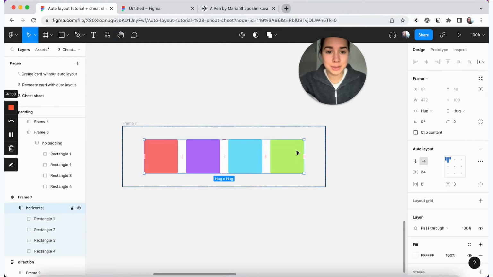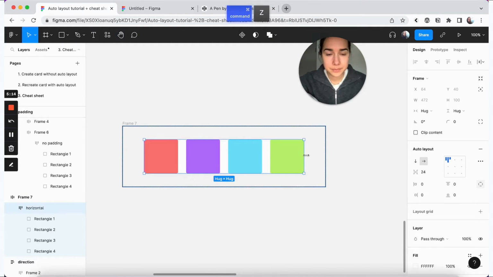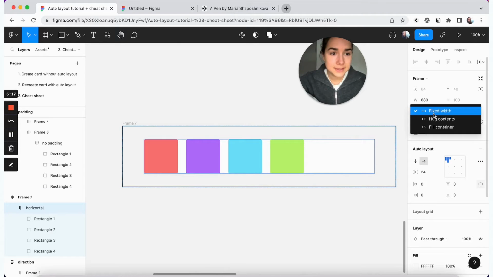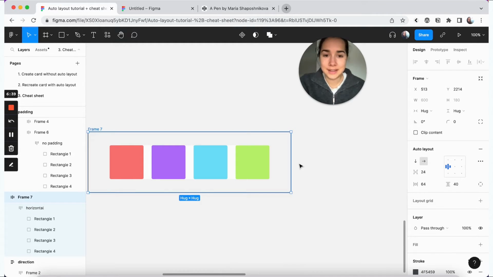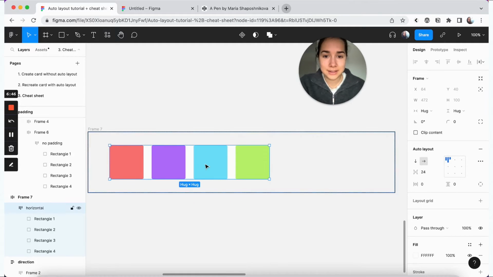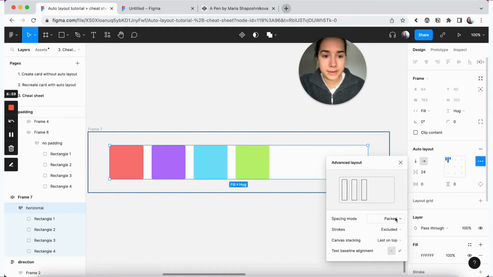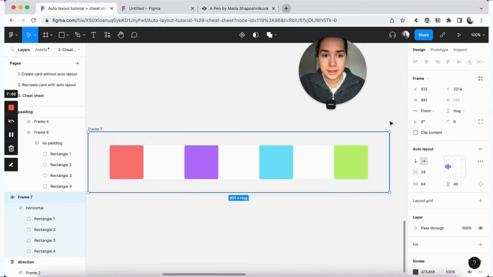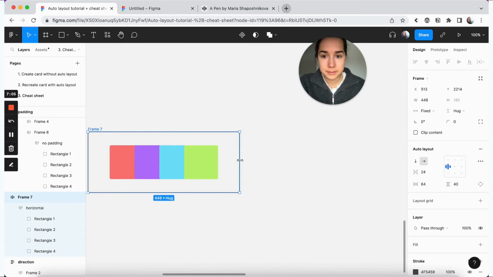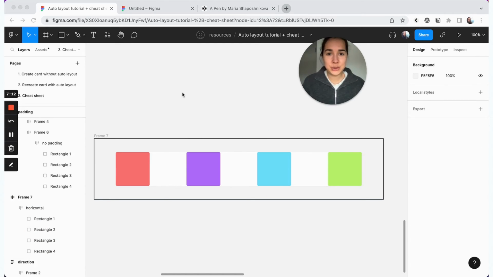And lastly, of course, I need to mention the overall container settings itself. First, you can have it set to hug the elements, kind of like right here. Then you can also have it set to fixed. And lastly, I can have it set to fill the container. So let's say this top container, I make it bigger, and I want the child container to resize with it. I can set it to fill. And now when I change the parent container, it resizes. And this is very useful if you have the elements set to space in between, because now they will resize as well. Alright, so that's everything that I wanted to go over in this video.